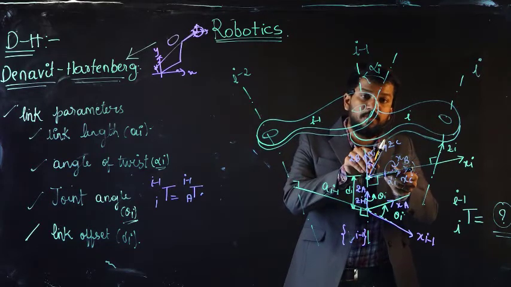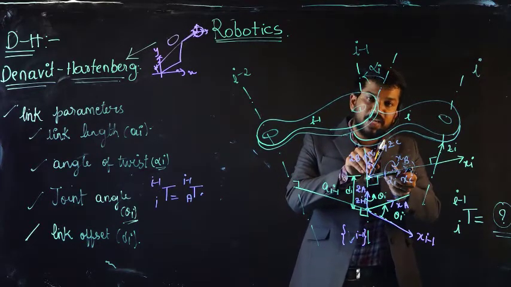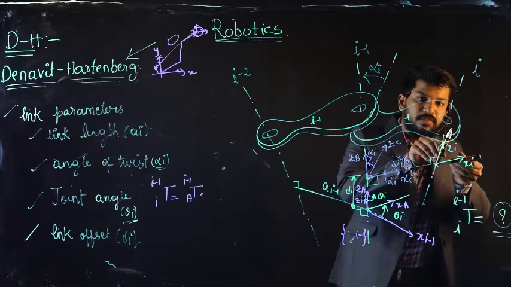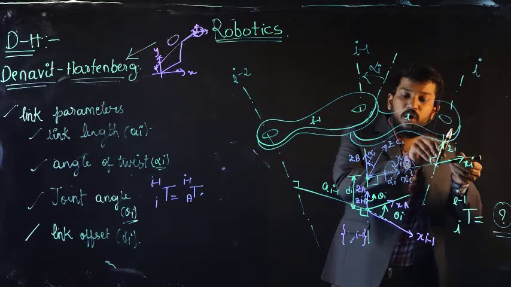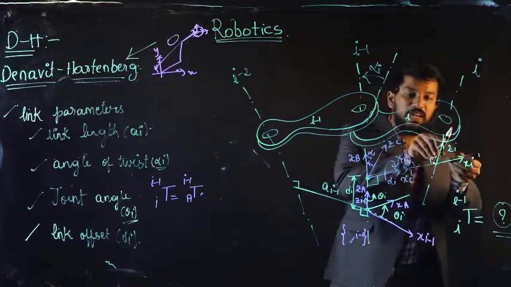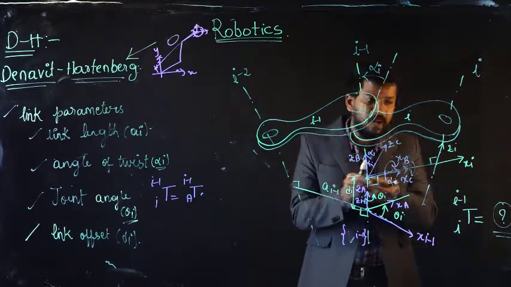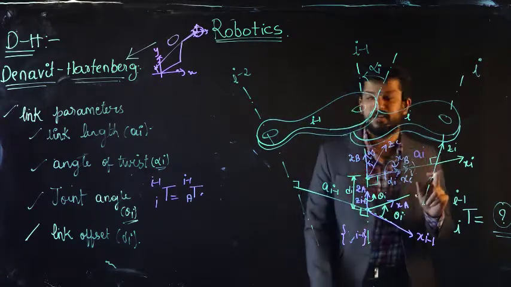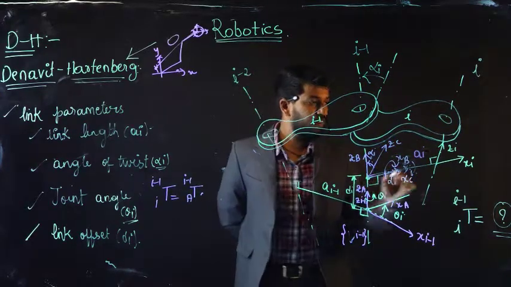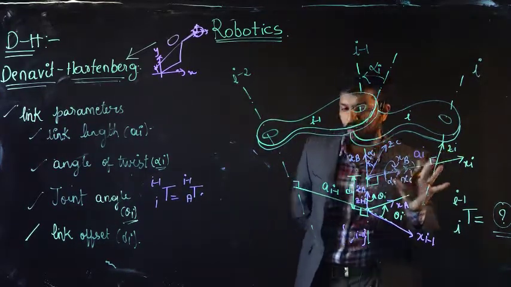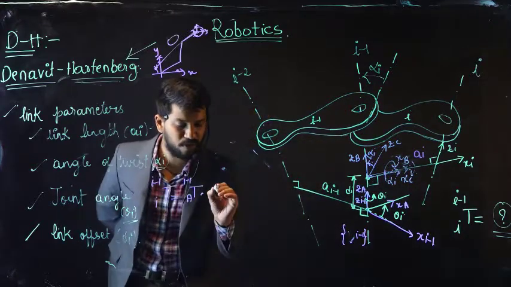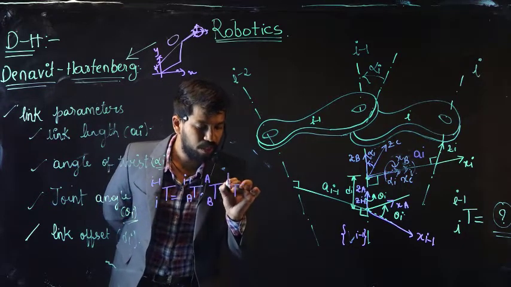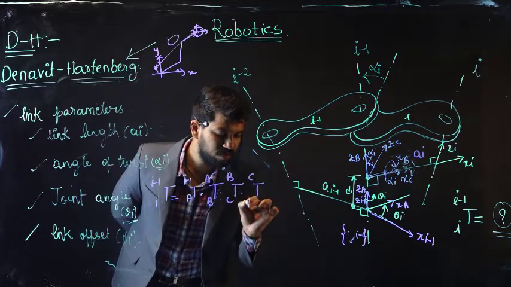Here I need to do one more transformation. If your guess was correct, our transformation was to simply move this entire C frame. That's it. We have reached our final destination. But how? We have translated this entire C frame to the I frame with a distance of ai. So we have attained I from C. Now again I'm summing up the entire thing. First we have moved from i minus 1 to A. Then from A to B. Then from B to C. Then from C to I.